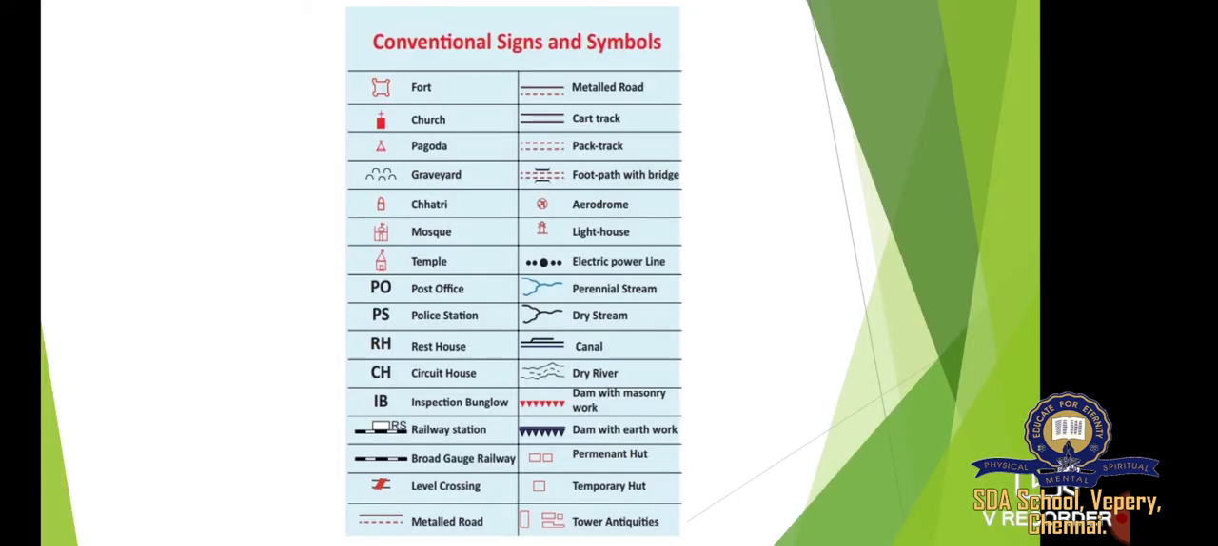Next we will see the conventional signs and symbols of the map. There are so many signs and symbols you can see in the picture. We will see what they are. Maps are used to record and show a variety of information such as political or administrative boundaries, relief features, drainage patterns, climatic conditions, distribution of resources, distribution of population, means of transport, location of settlements, and other social and cultural